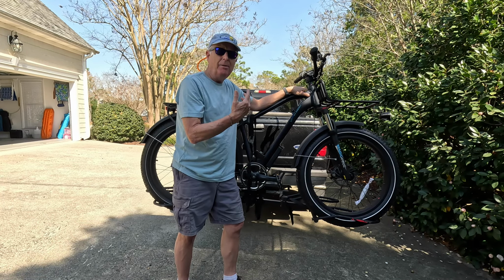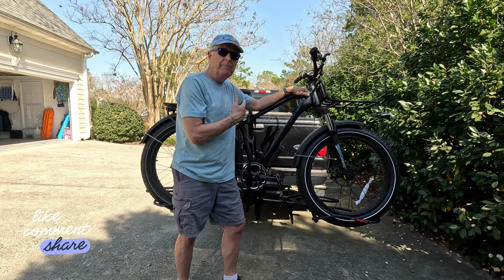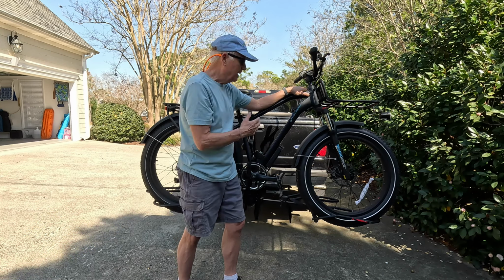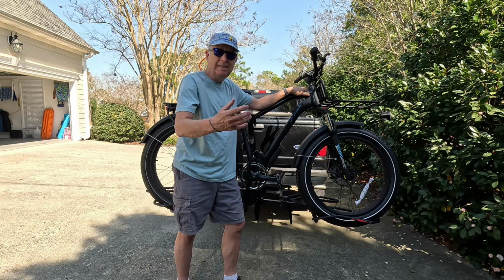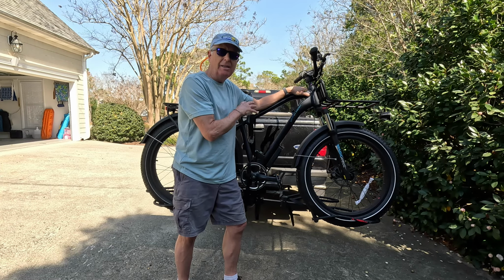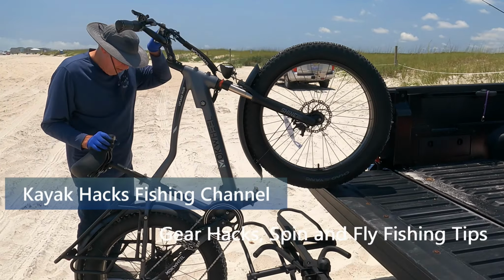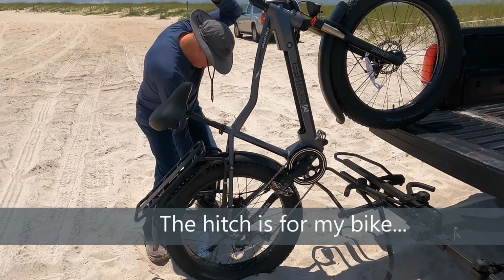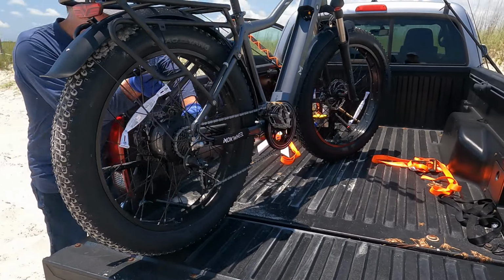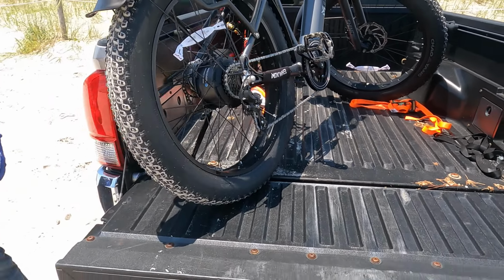Coming up is how we loaded a heavy e-bike onto the bed of the truck. It was not a Magicycle, it was a mock wheel, and it was actually heavier than this bike right here, but it ended up pretty easy. It's the same way you'd load a motorcycle on the back in the bed of a pickup truck. Pivot up, stick the front wheel on the tailgate, lift up on the back, slide it in, put the kickstand down to stabilize it,